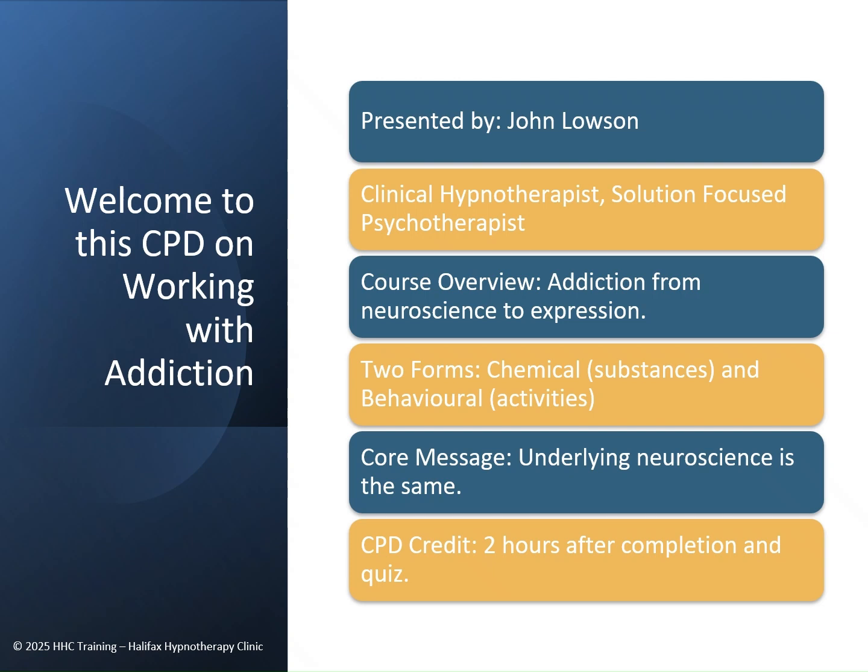This course provides a comprehensive overview of how addiction functions, from its neurological roots to its real-world expression. We'll explore two primary forms of addiction. Chemical addictions, which involve a dependency on a psychoactive substance, such as alcohol, nicotine, or opiates. And behavioral or physical addictions, which involve a compulsion to engage in a specific behavior, such as gambling, gaming, or